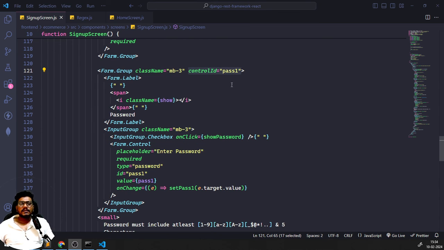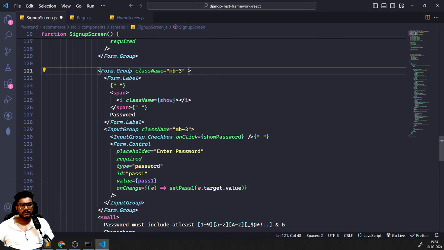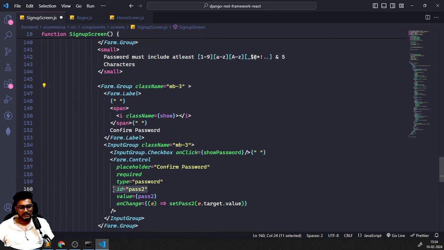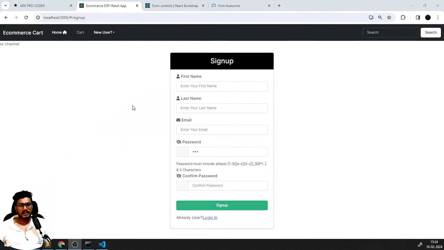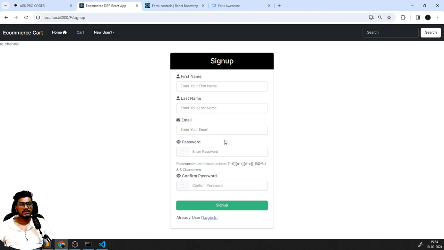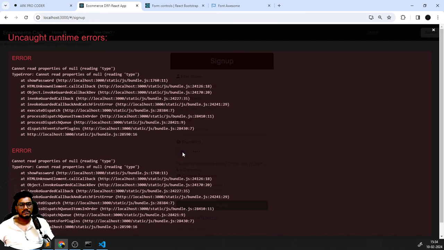Okay, so the mistake here is, you can see we have given a control ID here, right? So let me do one thing. There are two IDs conflicting for the form group, and inside this I'm going to replace your ID with this control ID, and whatever the control ID path I have created, I'm just going to replace with this one over here. Once I save this, now if I come back and refresh again and click on it,